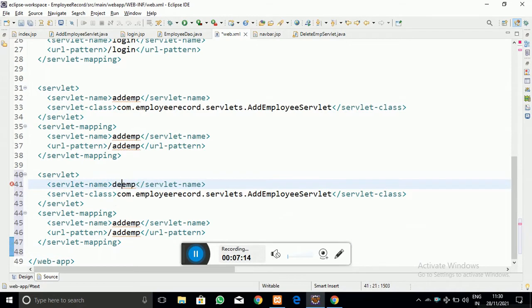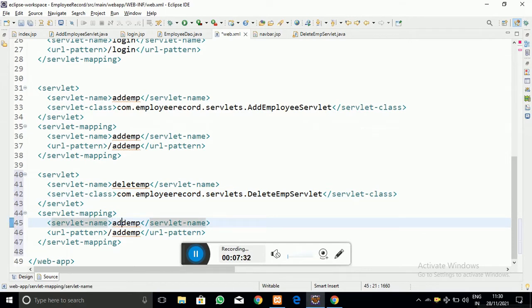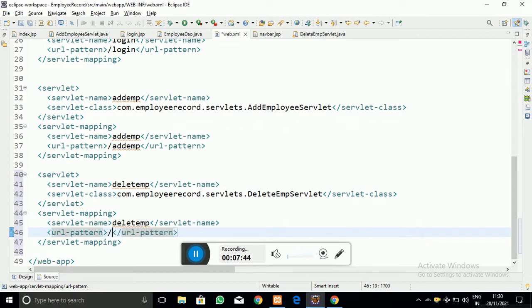Let me name it delete employee, and the servlet class which I have created is DeleteEmpServlet. The servlet name here should also be the same, and for the URL pattern, let me make it simple: slash delete.